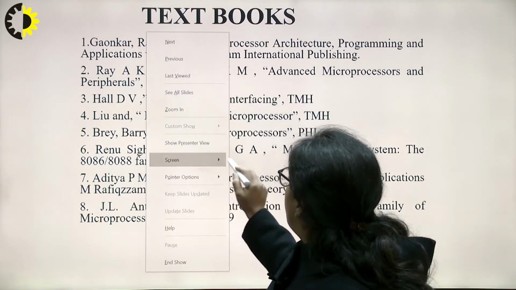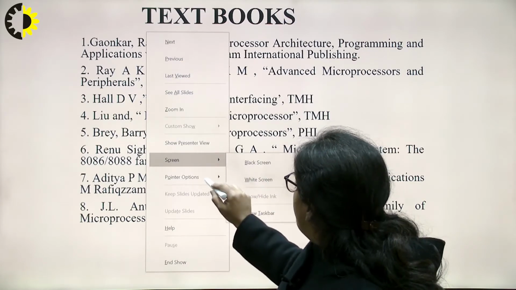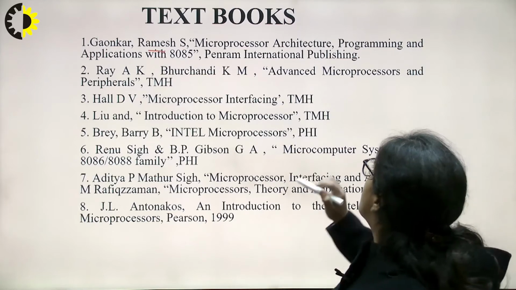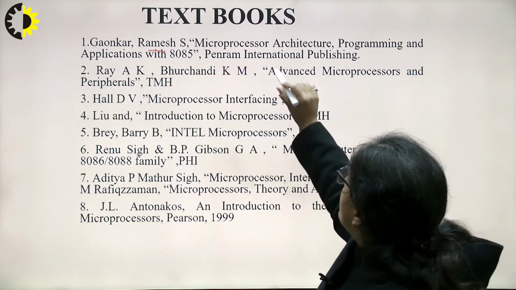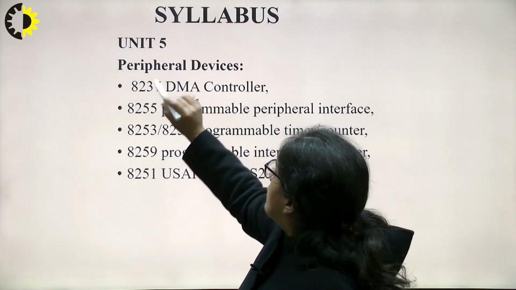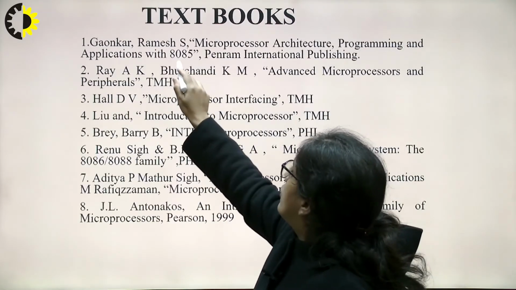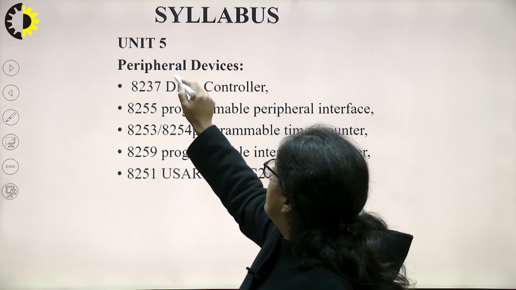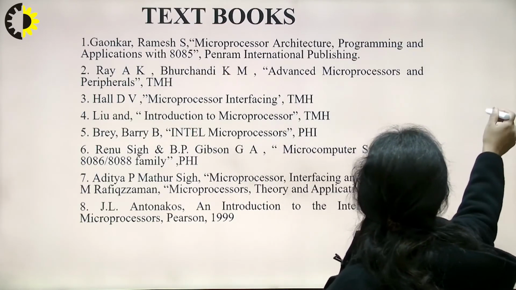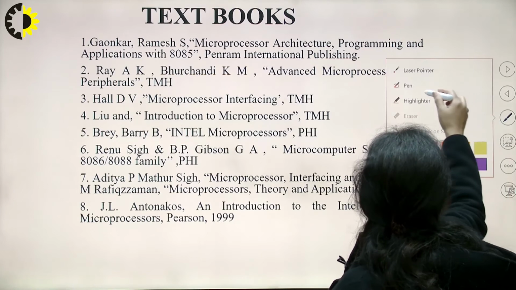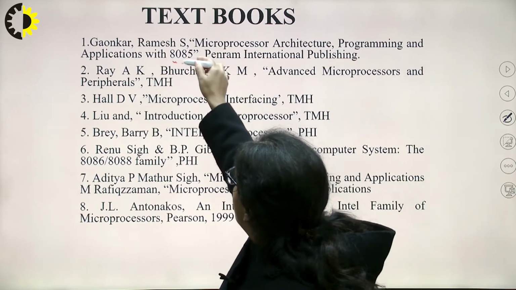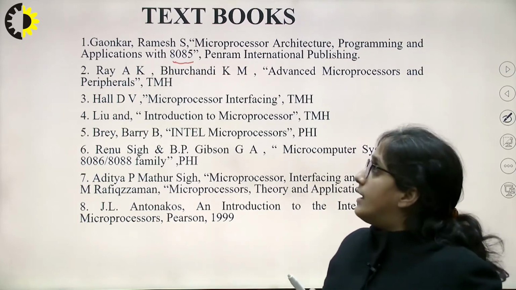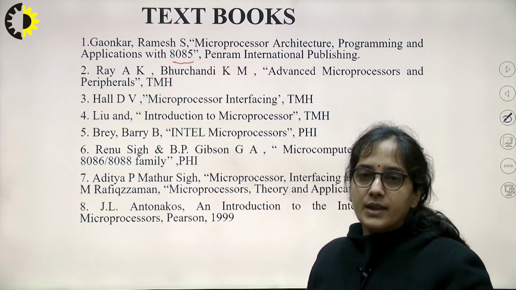The textbook by Ramesh Gaonkar is all about microprocessor programming concepts for the 8085 microprocessor. These are the basic books that we are going to use while completing our unit number